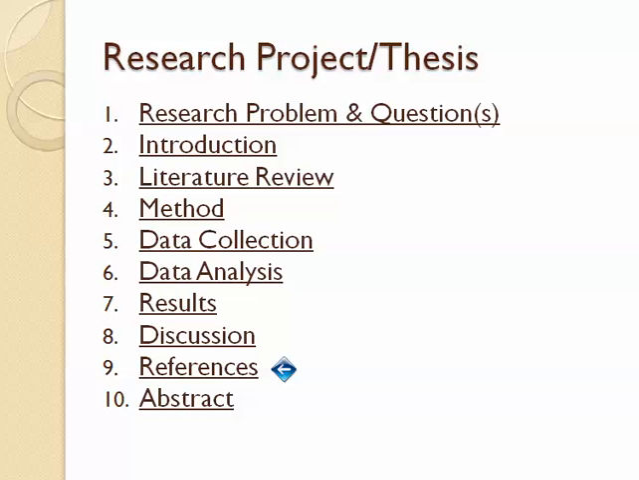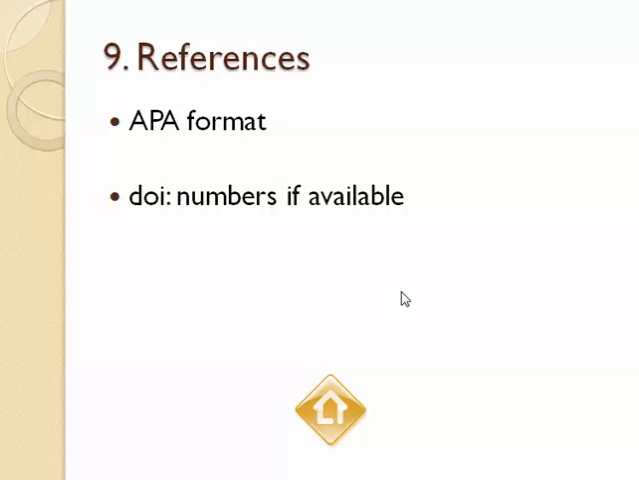Once you've finished your discussion, you're ready to finish the reference section. Hopefully you've been keeping track of your references all along. In the reference section, you include references only. The only references you include are the ones that you directly referred to in the paper. Make sure you use APA format, and for articles, the new 6th edition requires that you include a DOI number, which should be listed in most recent articles or